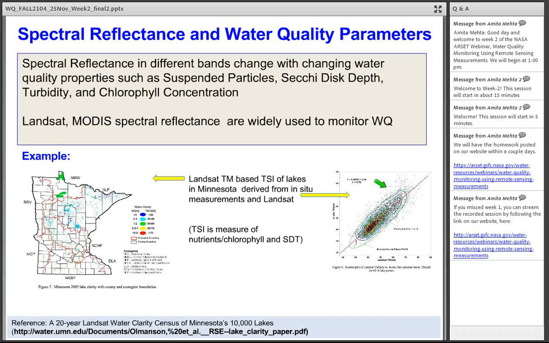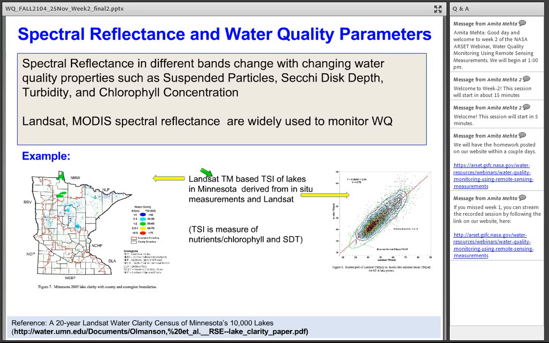So this is Landsat Thematic Mapper data in spectral radiance, and in here it is observed in situ measurements, and this is the state of Minnesota where about 10,000 lakes are there, and this article here describes how satellite data, in this case Landsat, and in situ measurements in a few lakes are used to derive relationships between water quality parameters